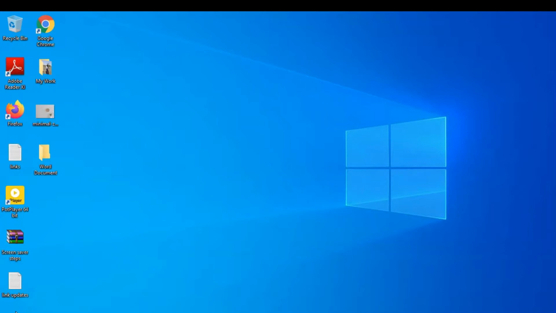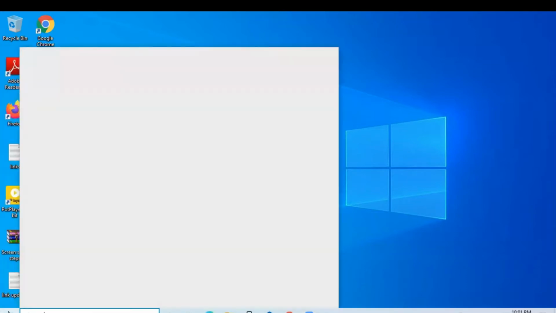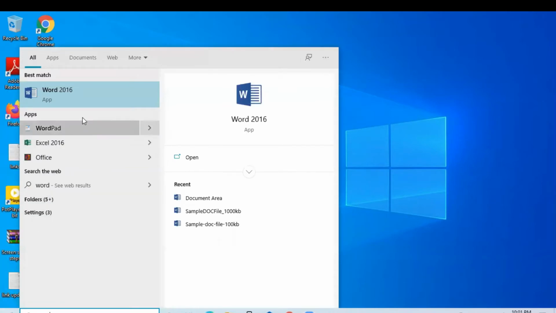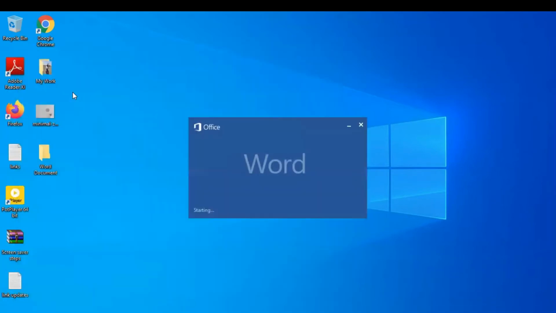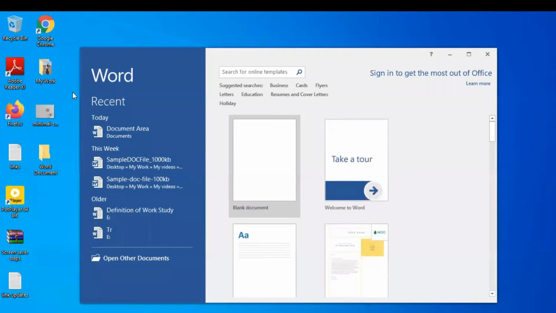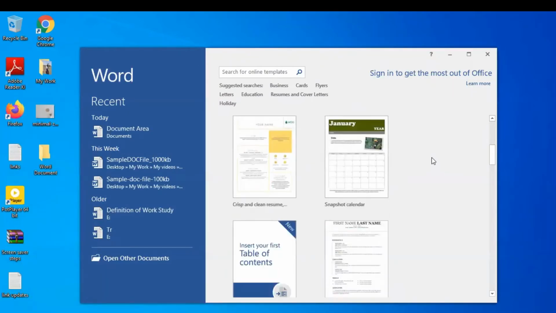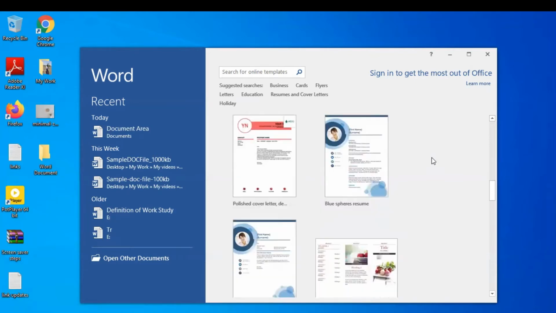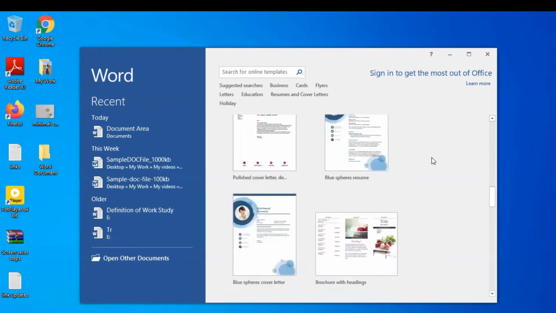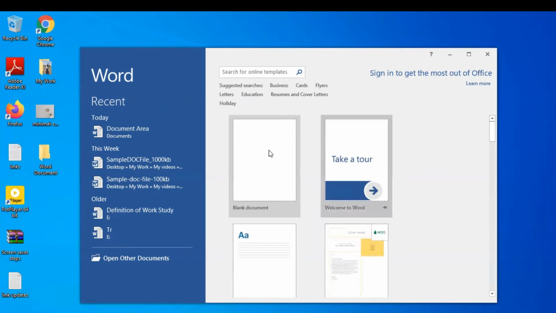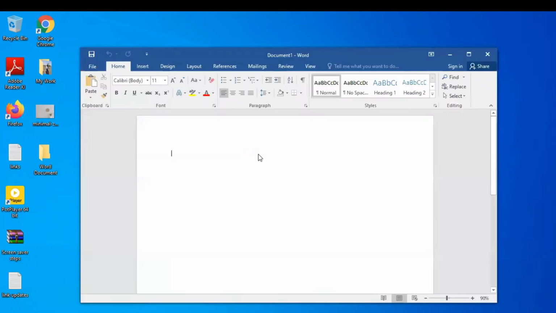So to start, you're going to click on the start button, then type Word. Double click to open it. Then here is going to open for you sample templates that you can use from scratch. And in our case, you're going to use the blank document. And this is how the Microsoft Word